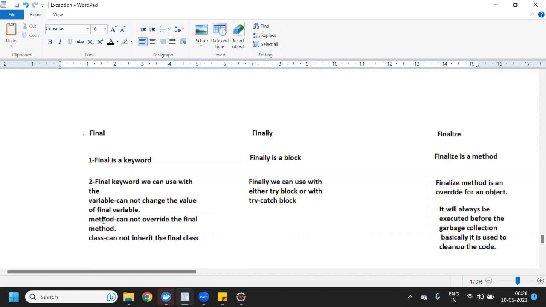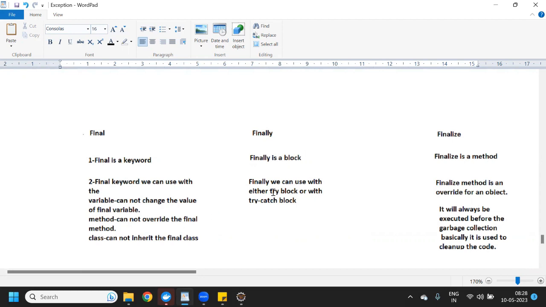But if you use the final keyword along with a method, then the user cannot override the final method. And if you are using the final keyword along with a class, then the user cannot inherit the final class. So this is the use of the final keyword.